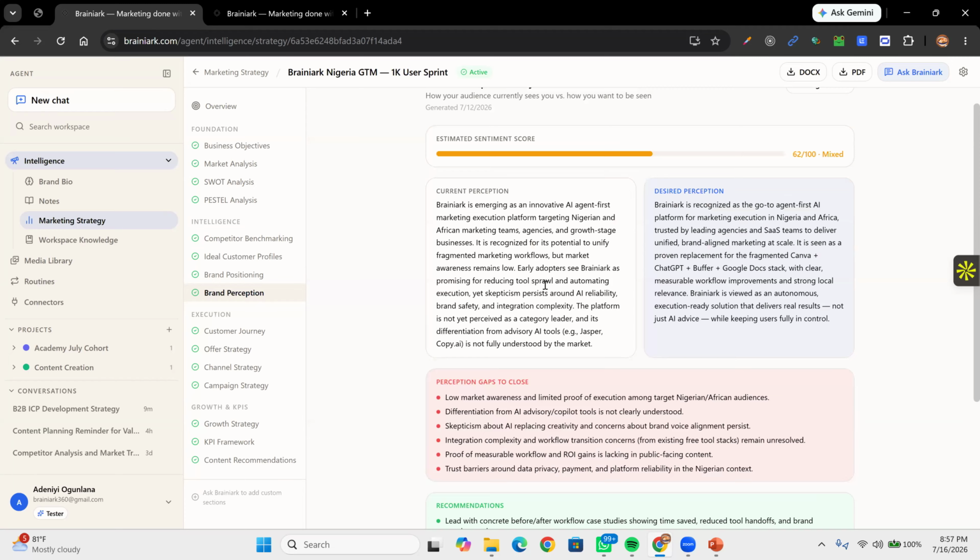So we can always come here and look at, okay, what do people think about us right now? Now, every week, you can tell Brainiac to do an SEO research about the brand, to update the brand perception, meaning what is happening online based on all our feeds. So if you tell Brainiac to do that, what it's going to do is that it's going to come,